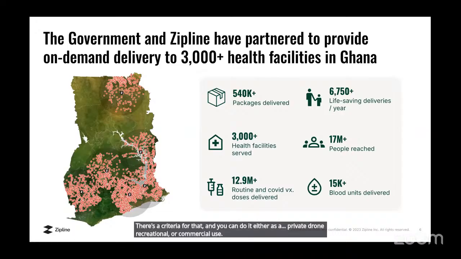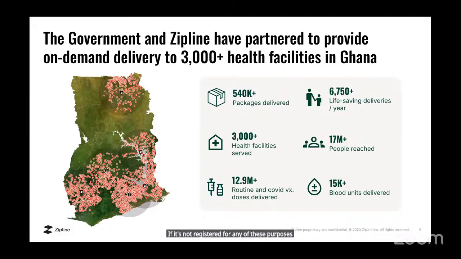If it's not registered for any of these purposes and you're using it, it's illegal, and you can be prosecuted for that. Recently GCA has started enforcing that, and some people have been caught in that web already. I think Frederick gave one